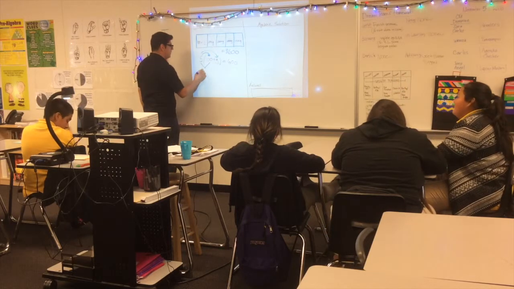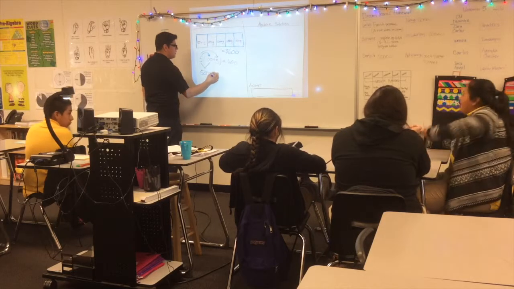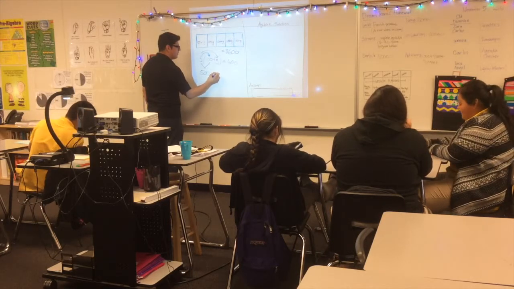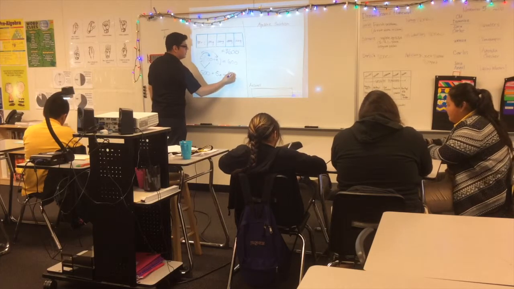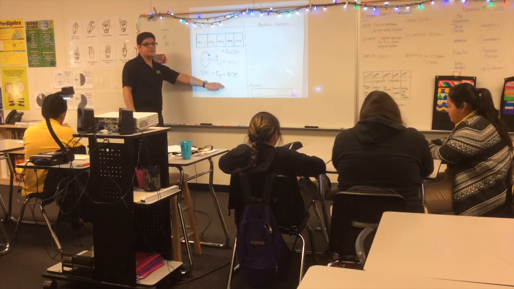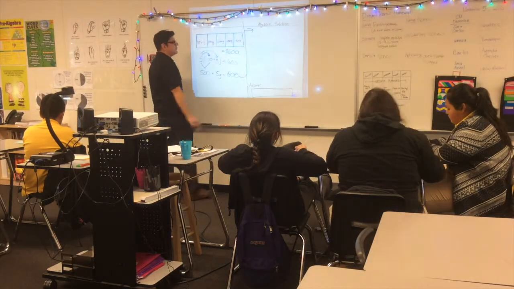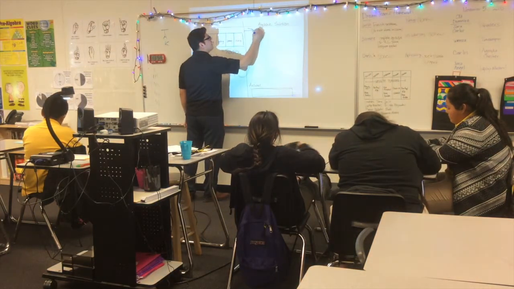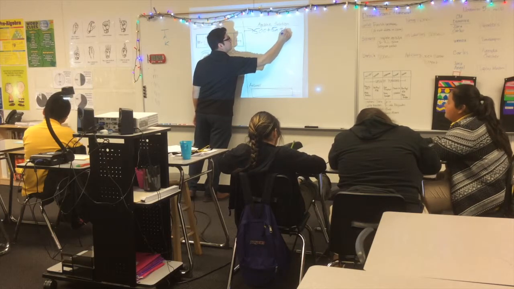And what's 5 times G? 5G. What's our total? Equal to 600. Okay, this is what we're gonna write up here. So we copy it down: 500 plus 5G equals